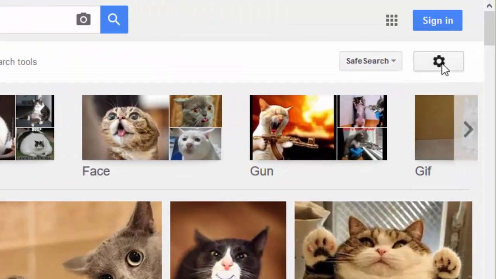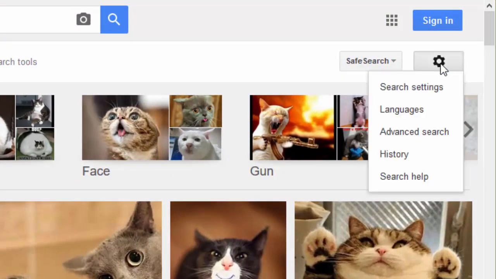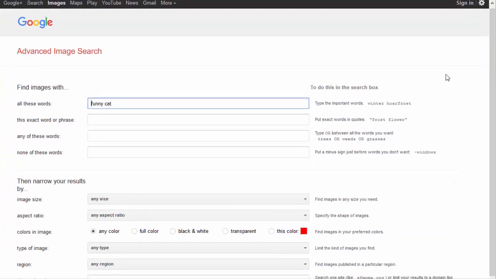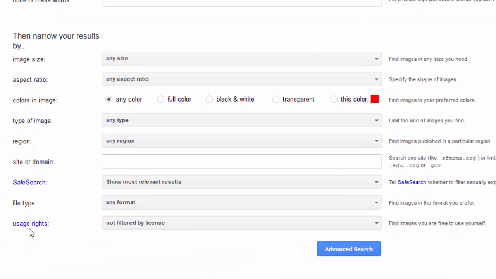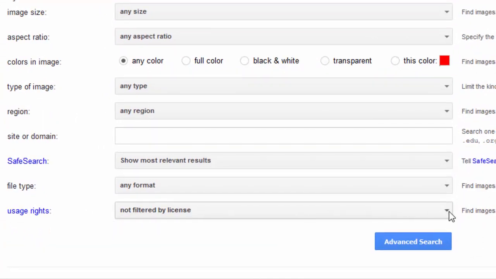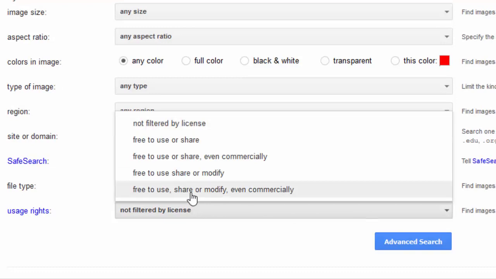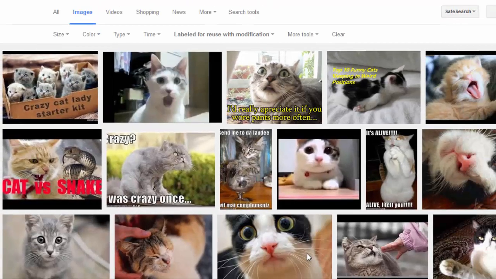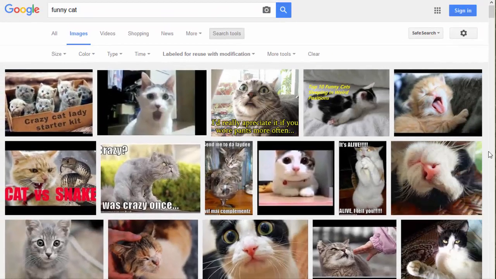To do that, you can click on the button with the gear icon, then select Advanced Search and click on that. Then scroll down to where it says Usage Rights. By default, the setting is Not Filtered by License. Open up the drop-down menu and select Free to Use, Share, or Modify, even commercially. After you make your selection, click on the Advanced Search button and then you'll be presented with images that you